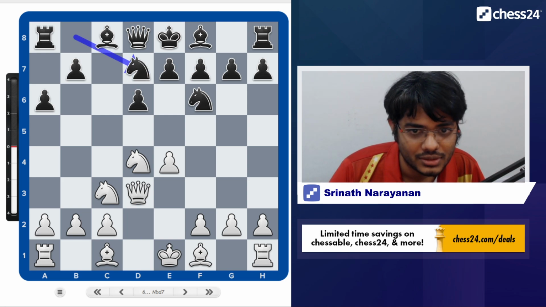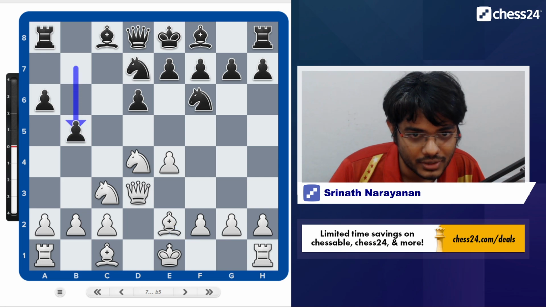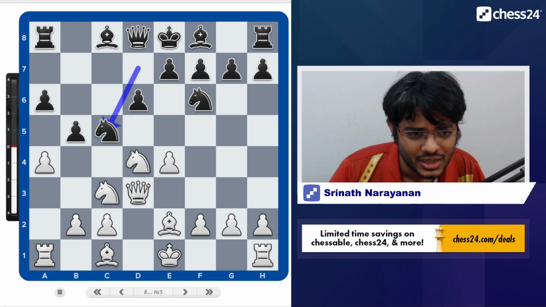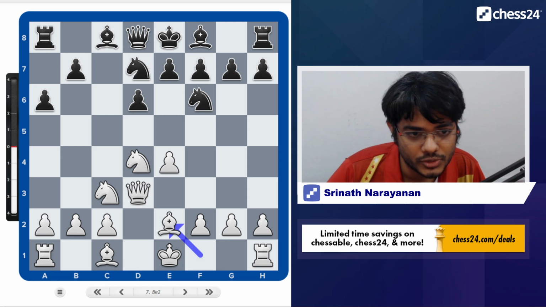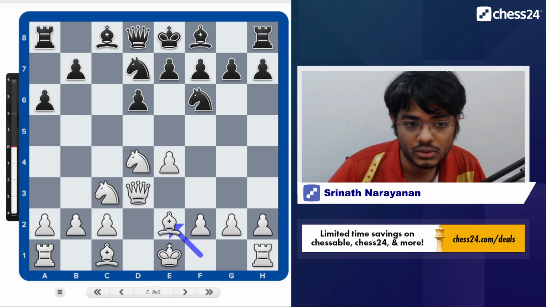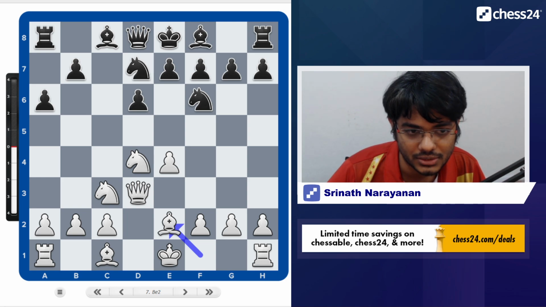He went Nd7, Be2, b5, and a4, Nc5. It might seem a bit unusual for black to develop the pieces on the queenside first without developing the pieces on the kingside. But it's also a classic principle to immediately play for the control of the center while developing your pieces.